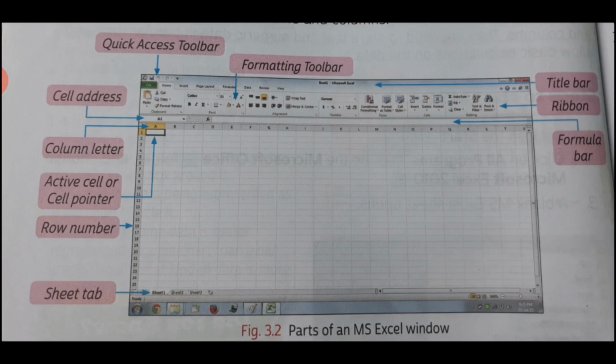Now the next component is the cell address. Each cell has its own unique address. For example, the address of the active cell given here in this picture. If you see here in this picture where the cell address is mentioned, what you can see is A1. So what is A and what is 1? Now A here is a column and 1 is